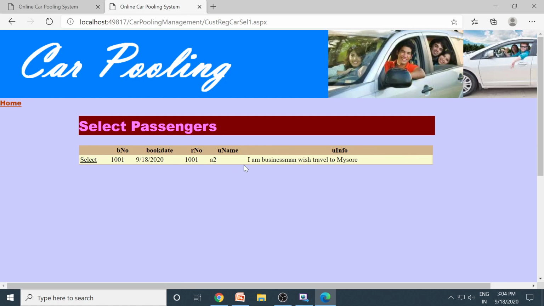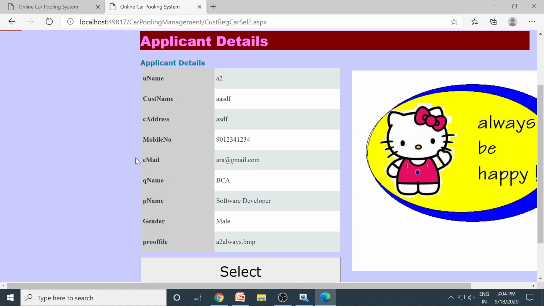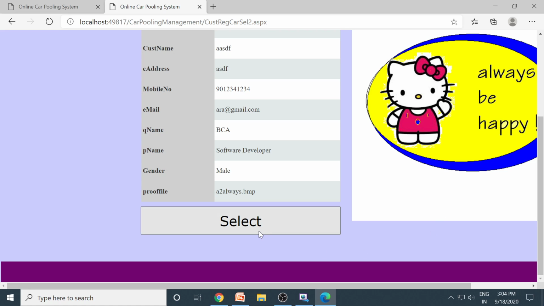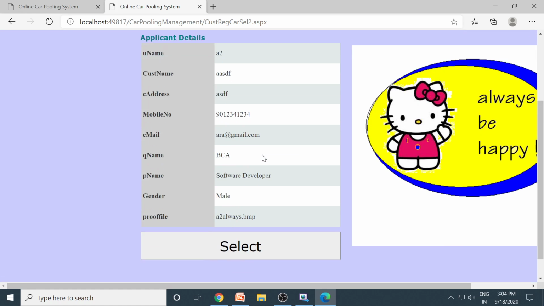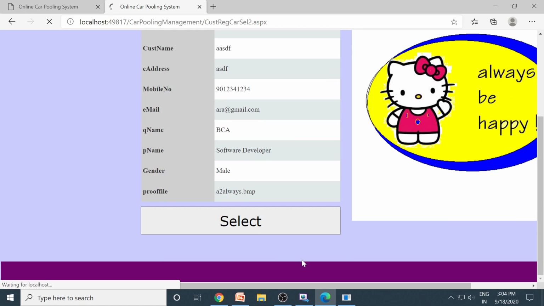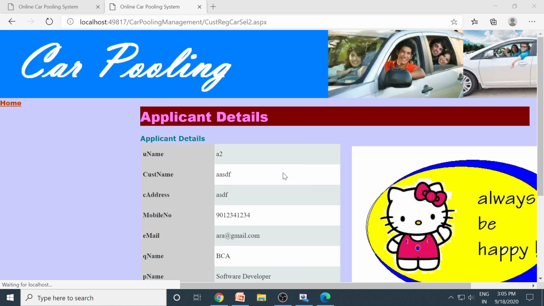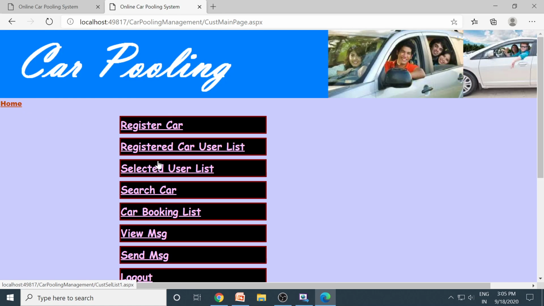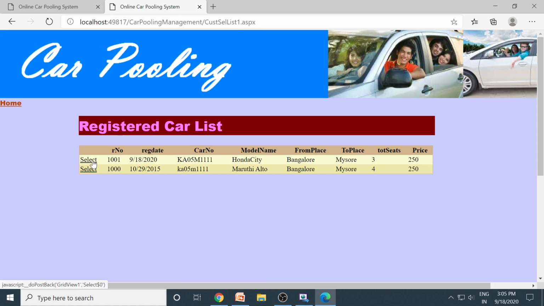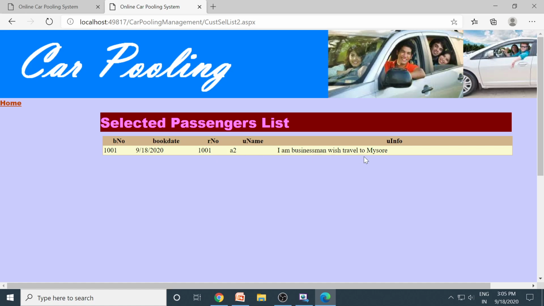So there is one user registered here. So select on this. So these user details will appear here. So this is A2 details. Based on this, you can select the user. So you allow him to travel. Selected user list. So you selected one person.